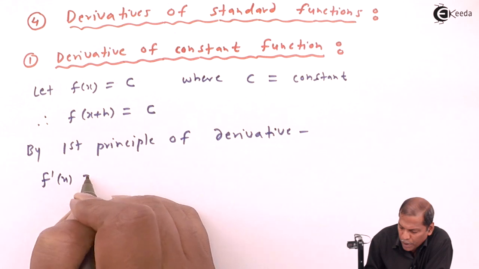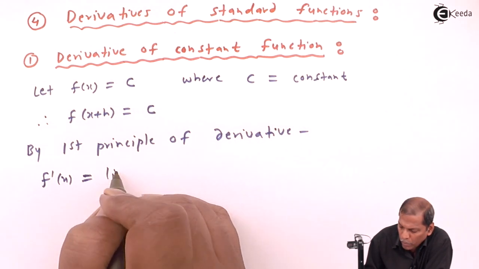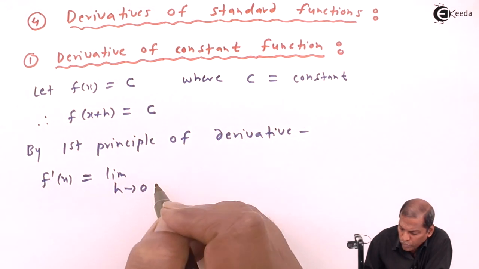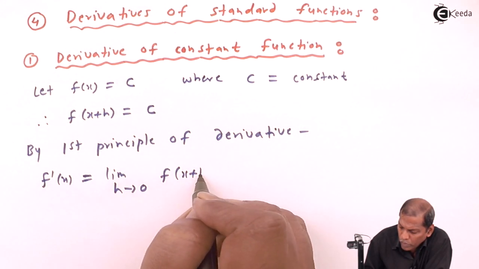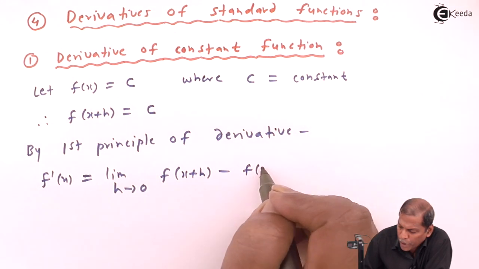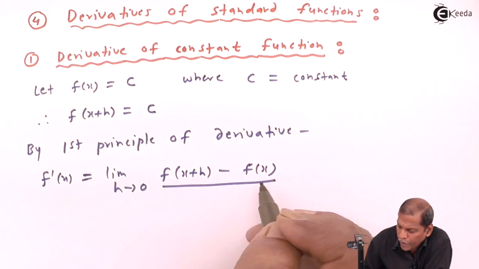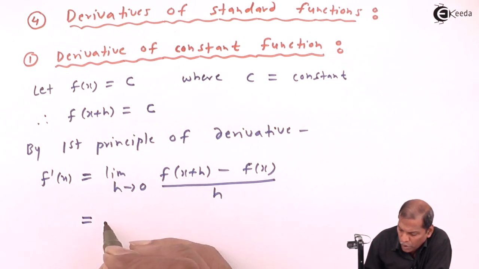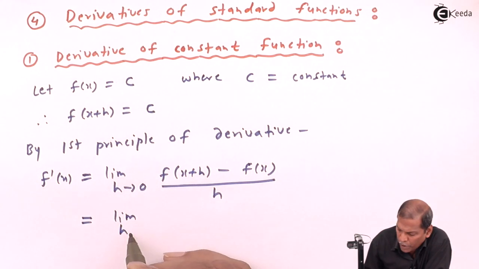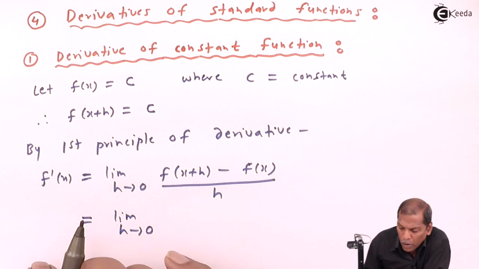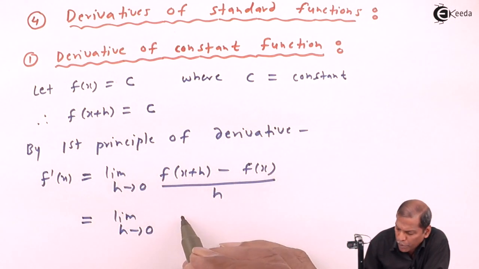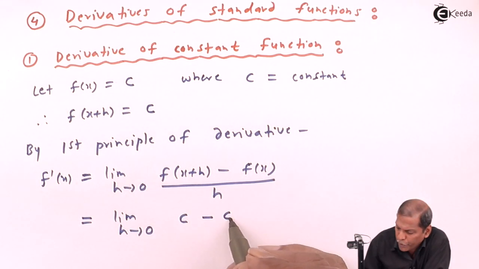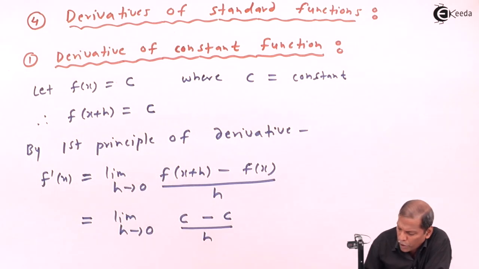f dash x is equal to limit h tends to 0 f of x plus h minus f of x totally divided by h, that equal to limit h tends to 0. Now for f of x plus h we substitute value c, minus for f of x we substitute value c, upon h,